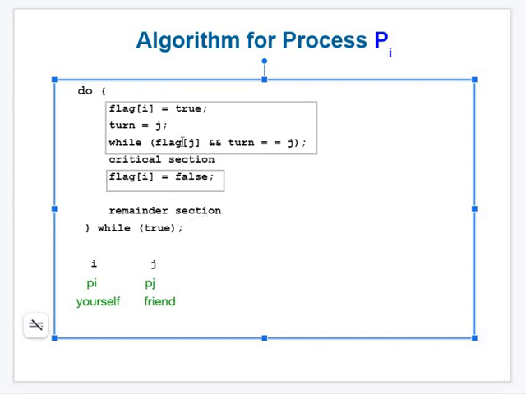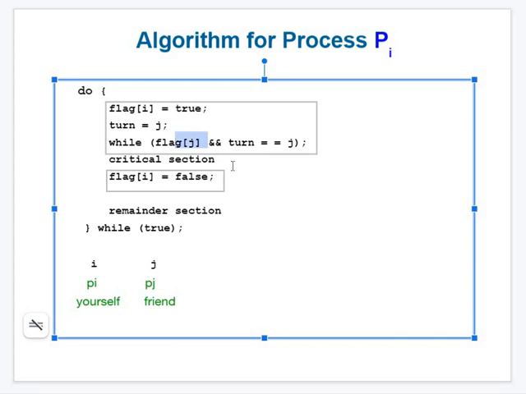Otherwise, see, if he comes to get a textbook on Tuesday, what will happen? First thing, it is not his date, because it is not a Wednesday. Second thing, he has not waited for 2 days. So definitely he is not allowed to take the textbook. If he is not allowed, who is allowed to use the textbook? That's the critical section. So if this case fails, because he has not waited for 2 days, the allowed person is the first person, that means you.